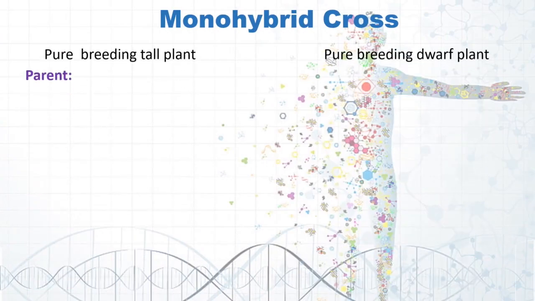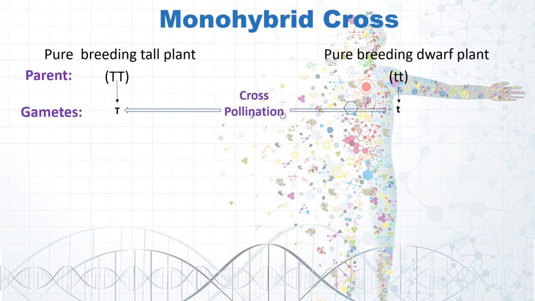This is a monohybrid cross between the parental generation of a pure breeding tall plant and a pure breeding dwarf plant. We will denote a pure breeding tall with both capital T's and a pure breeding dwarf plant with both small t's. As we know, dominance we represent with capital letters and recessiveness we represent with small letters. After meiosis, one of each pair goes to the daughter cell in the form of gametes. The gamete in the first case will be T and in the second it will be small t.